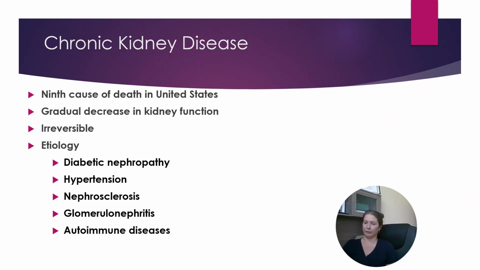Pathophysiology, so a large portion of the nephrons are damaged over time, and that damage is progressive and irreversible. We have a couple different stages. Our renal insufficiency, that's whenever we have about 75% of our nephrons lost, so our kidneys can't concentrate our urine well, leading to that mild azotemia, the polyuria, and nocturia. Then we can progress to end-stage renal disease, and that's when about 90% of our nephrons are lost. So when our GFR is less than 15 milliliters per minute,